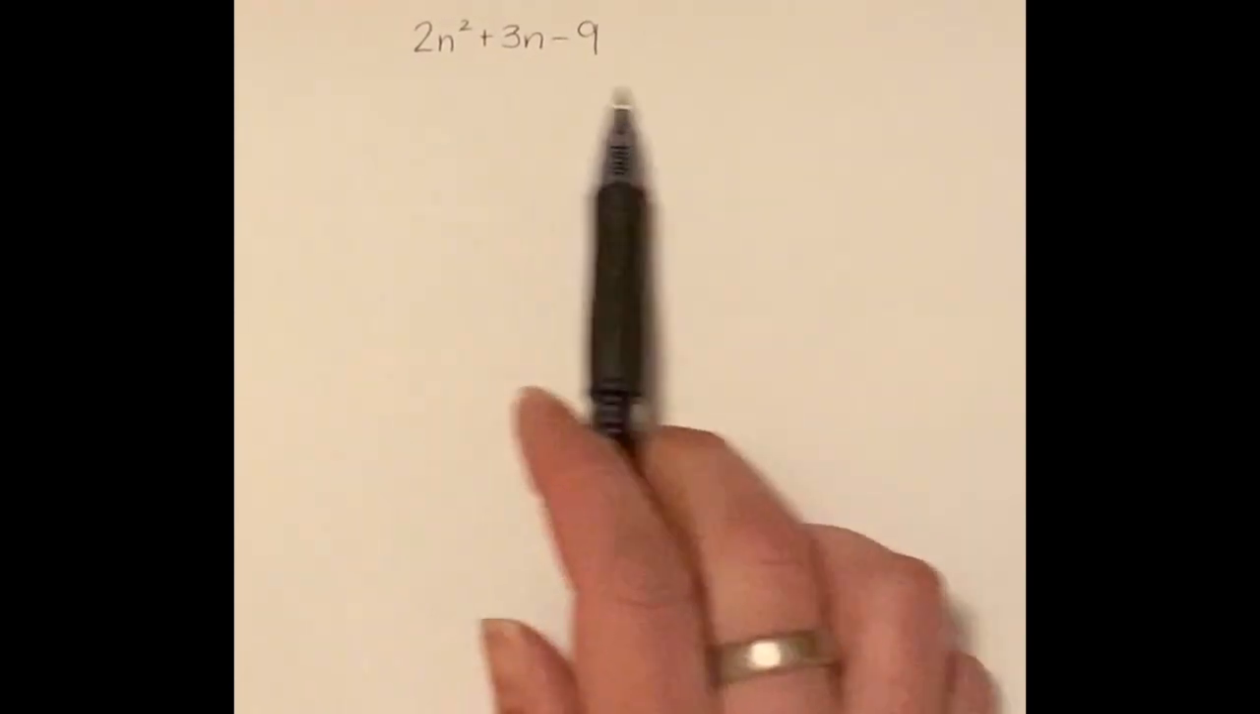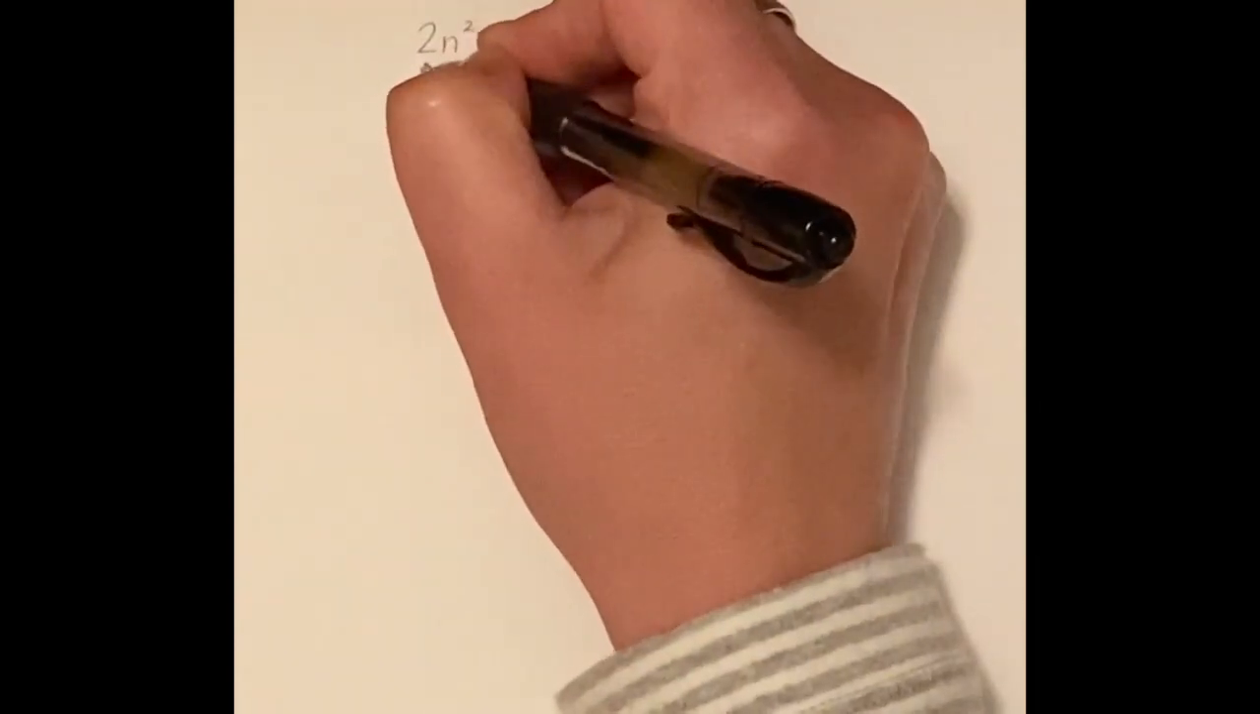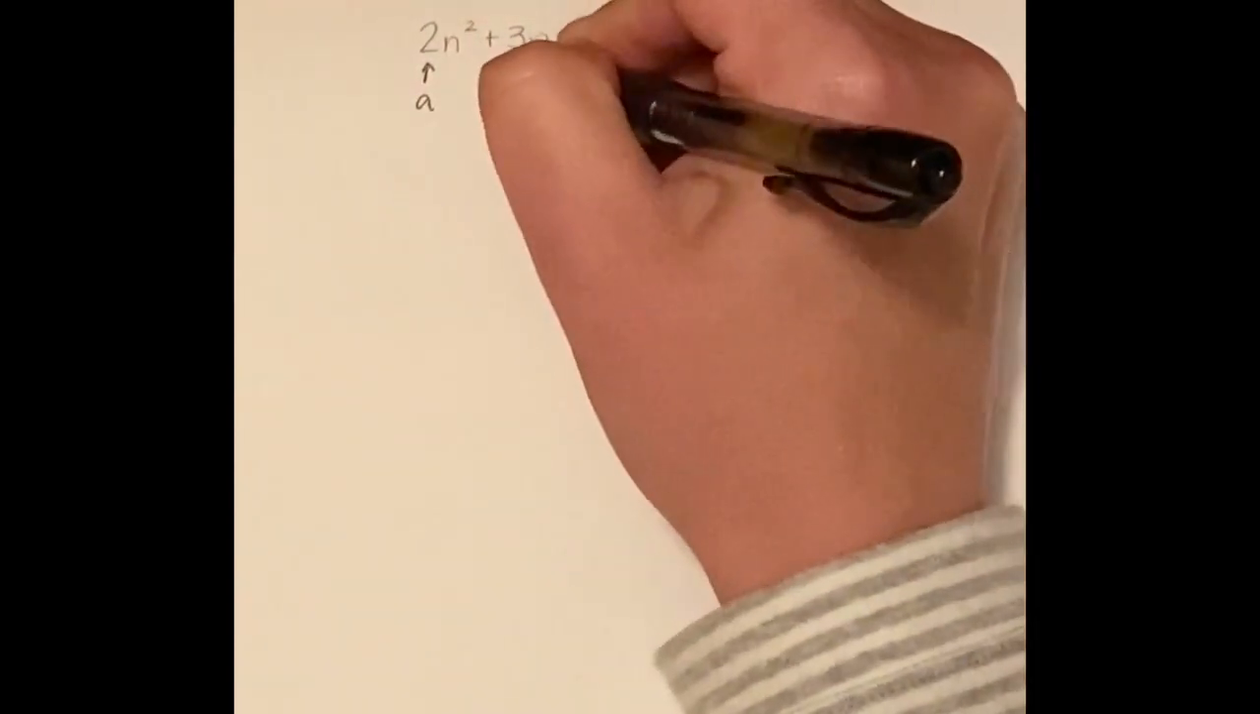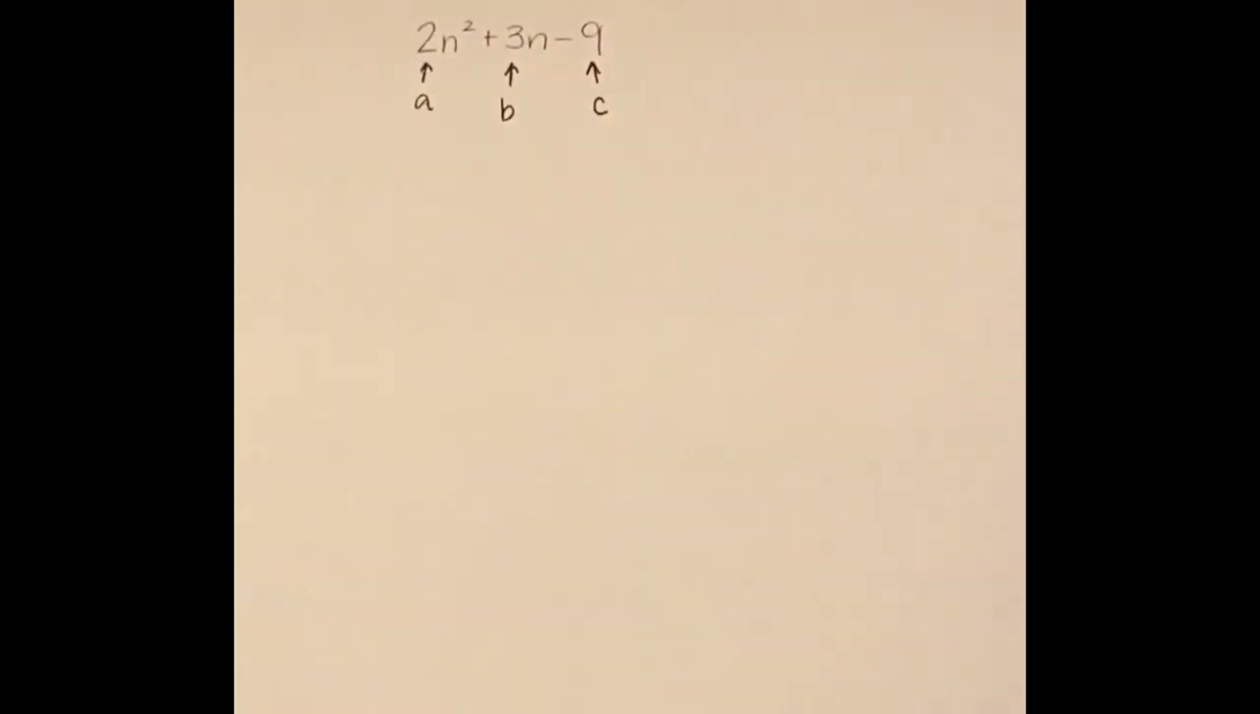Today we're going to factor trinomials when the a value does not equal 1. So here we notice that we have an a value of 2 and a b value of 3 and a c value of -9. Remember, the very first thing that you need to do when you are factoring is look